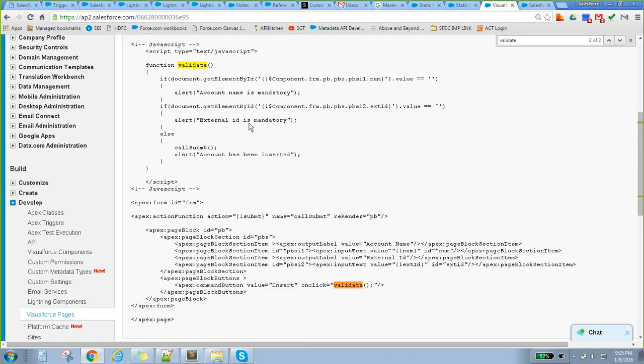That is easy, you just have to practice. That's it. So that is about static resources.